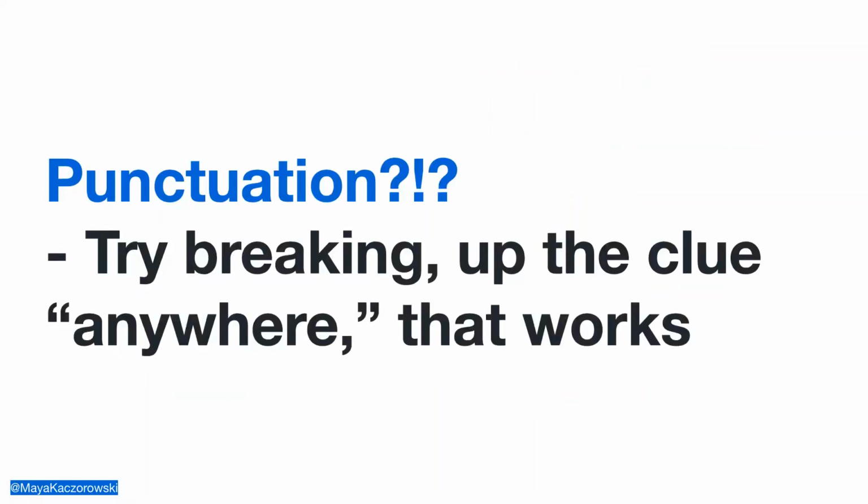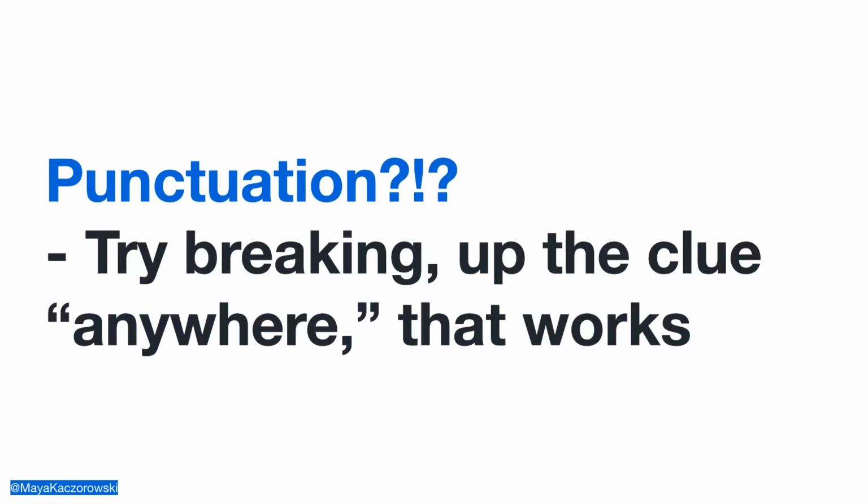Something to note about cryptics. Punctuation doesn't really matter. It's just there to mess with you. So the puzzle setter is trying to make something that sounds like a real phrase. Keeping in mind the principle that the wordplay and literal parts of the clue will be at opposite ends of the clue, when you take a new clue, try reading it and taking a pause between every pair of words and seeing if what you're reading makes sense. Then, once you think you have an idea of what the literal and wordplay parts are, ideally because something is hinting you towards a particular kind of wordplay, then you can solve the clue.